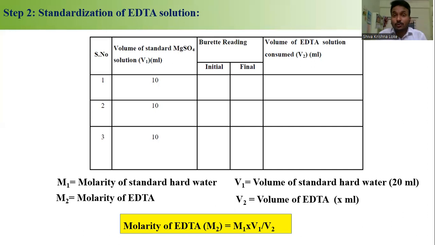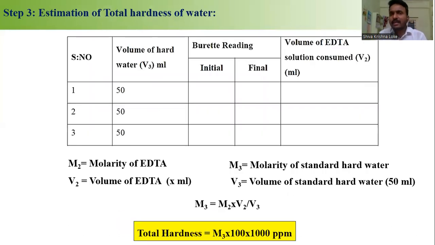Okay. So students, in the third step, we are going to determine the hardness of a given water sample with the help of EDTA solution. So step 3 is the determination of molarity of the given hard water sample. In a similar manner as step 2, we have to conduct a titration between the provided hard water sample and the given EDTA. In this step, we take 50 ml of hard water sample,